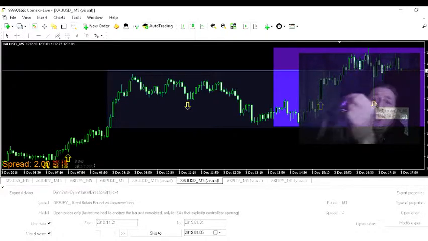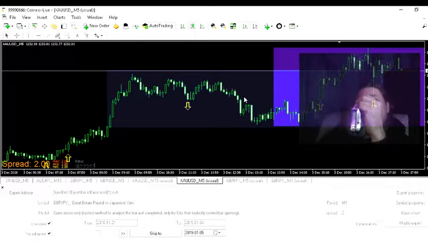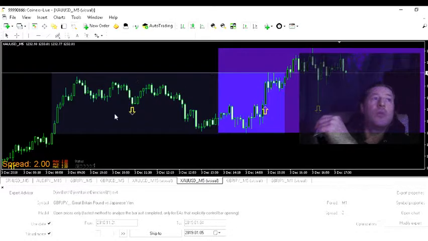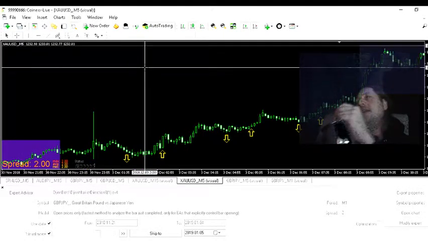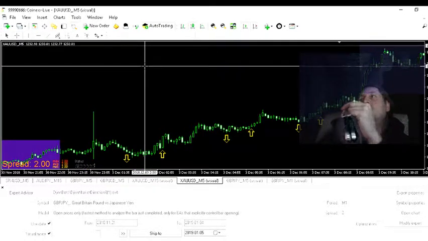Here's the thing, though. Even if it didn't make a new low, even if it stayed within its range, you still would have got paid because you're working the numbers. You're working the math on it. Like say, at this point,